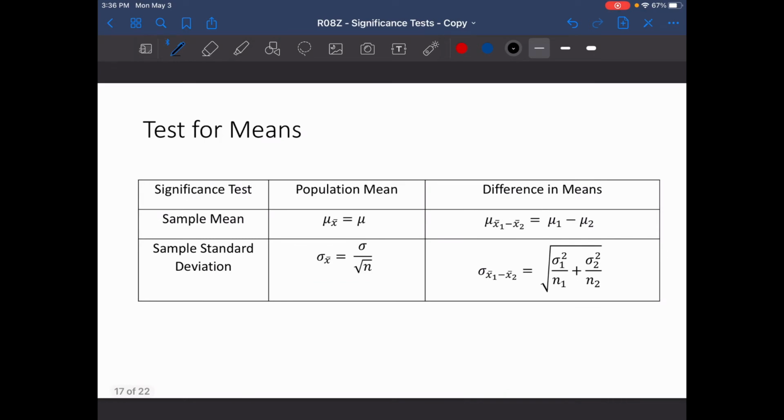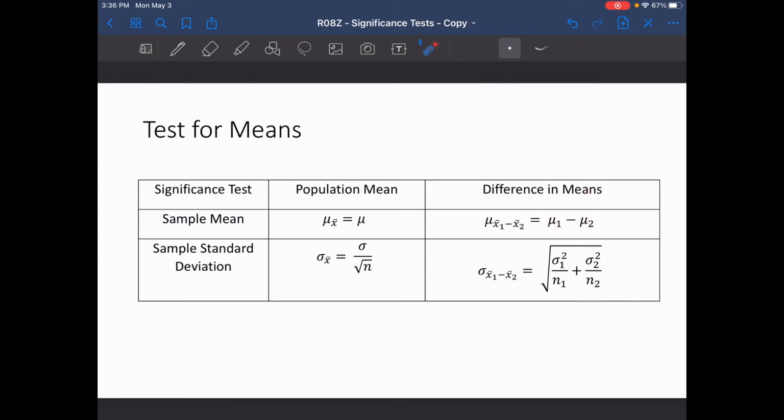So now let's look at tests for means in this case, which are going to be slightly different but very similar to proportions. So again, if we're only given one population, we would say that the mean that we're given in the problem represents our sample mean, and then our population standard deviation, or whatever standard deviation we're given in the problem, divided by the square root of the total number in the sample, is going to represent our sample standard deviation, whereas for a difference in means, we would just take the difference from mean 1